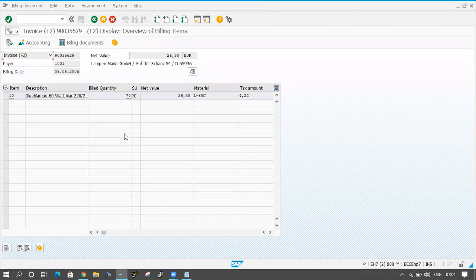So there is a standard screen. Okay, so if you want to see the billing information, the screen is coming like this. So this is the table control. Okay, so you already know how to design the table control. Okay, you already know about that one.